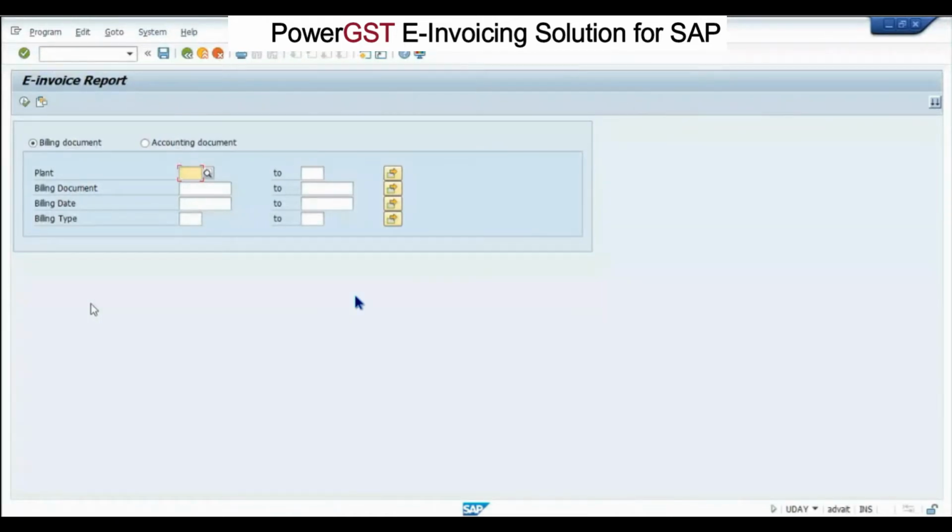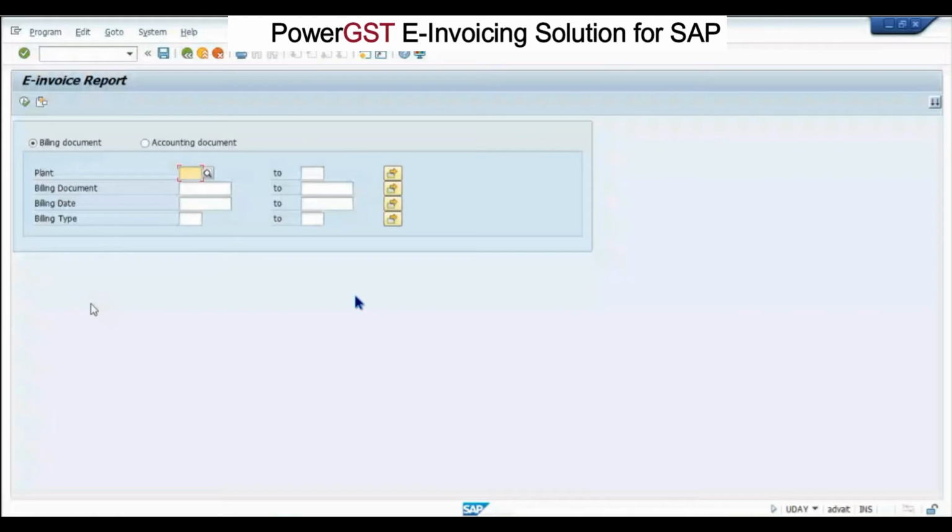So this will be our cockpit. Now what we are considering here is that an e-invoice has to be generated for both sales invoices and also the accounting documents which come directly to the finance route. Like if you raise a direct finance invoice for a customer using the FB70 T code, then an e-invoice has to be generated even for those transactions. And if there is a debit note or credit note, an e-invoice has to be generated for such transactions also.